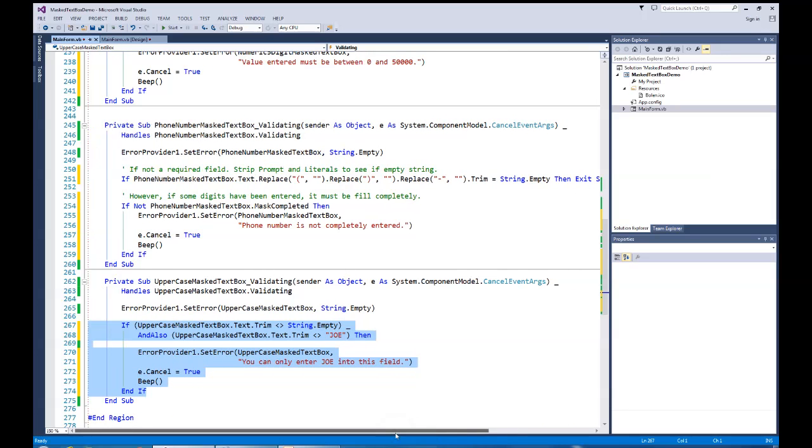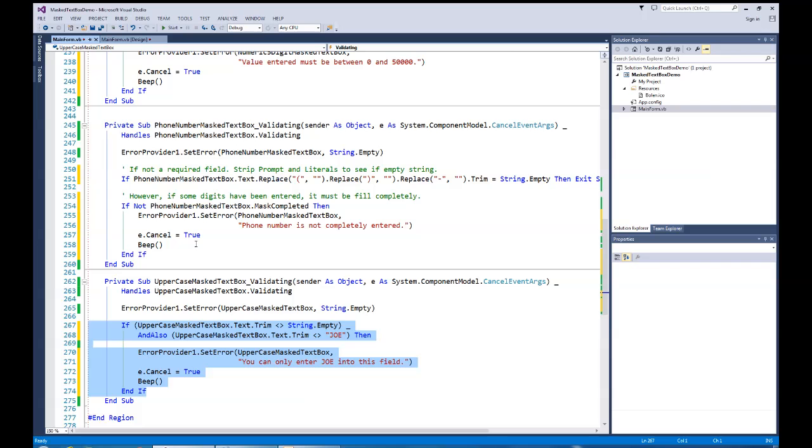But if I started to enter in anything, I'm going to take a look and say, have I completed my mask? Have I fully entered in all the things that my mask requires? If not, then I'm going to say phone number is not complete. Once again, I'm going to set e.Cancel equals true and issue a beep and force the user to fix that